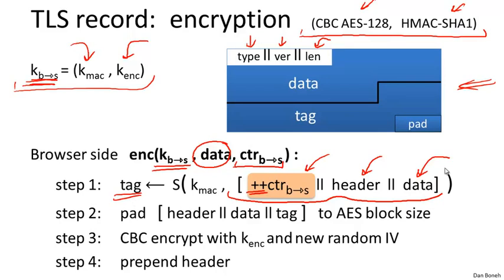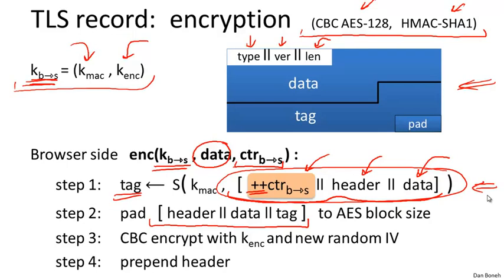The tag is computed, as we said, over this triple of data. The next thing that happens is that the tag is concatenated to the data. Remember, this is MAC, then encrypt. So here we computed the MAC. Now we're going to encrypt the data along with the tag. So the header, the data, and the tag are padded to the AES block, and I think we already said that if the pad length is 5, then the pad is done by simply writing the byte 5 times. So if the pad length needs to be 5, the pad would just be 55555.